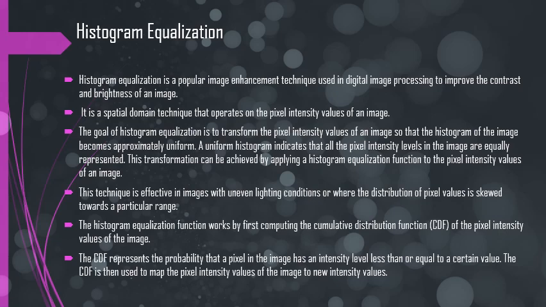The histogram equalization function works by first computing the cumulative distribution function of the pixel intensity values of the image. The CDF represents the probability that a pixel in the image has an intensity level which is lesser than or equal to a certain value. This CDF is then used to map the pixel intensity values of the image to new intensity values. So this is a method to enhance the image, that is histogram equalization. Let's move to the next method,